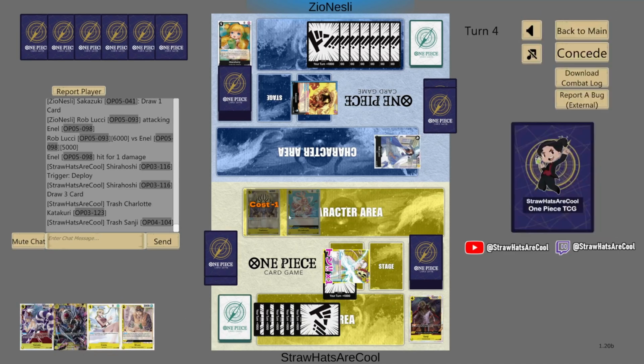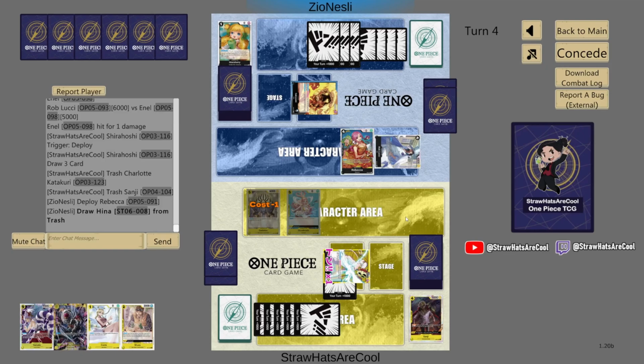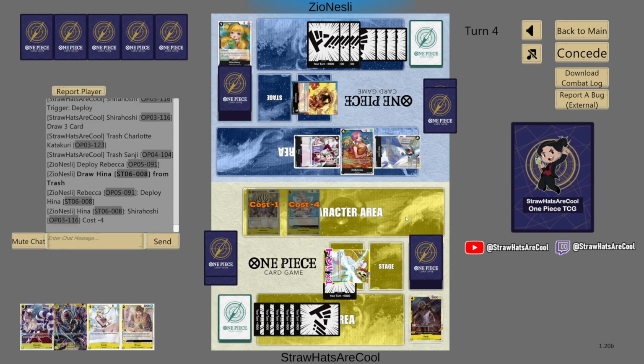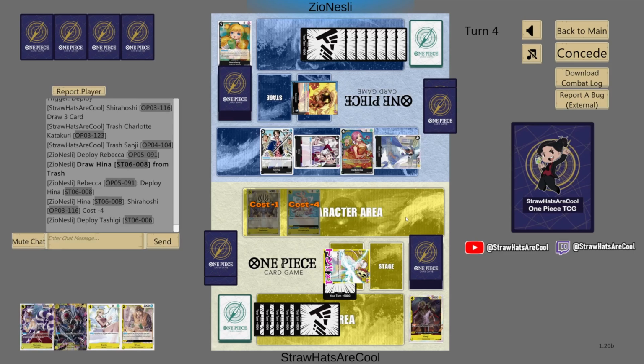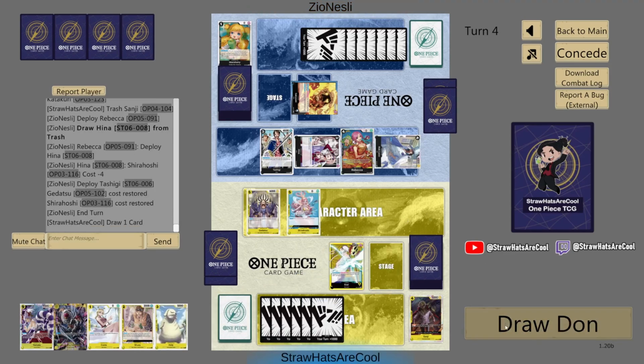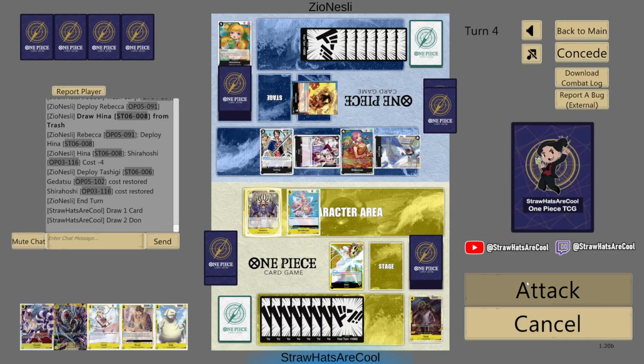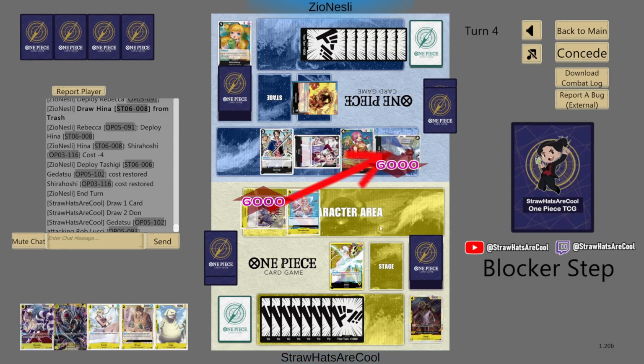Now we can play Katakuri to put the Shoshi back in if they don't get rid of that, which is pretty good. They are going to be Rebecca-ing, grabbing back the Hina on the Shoshi, but they've not got any outs to it. So let's go 6 here. They've only got 4 cards in hand, so maybe we're not in all that bad of